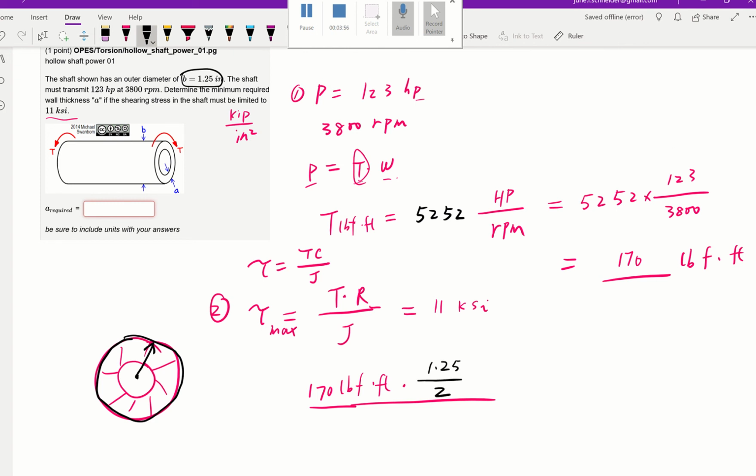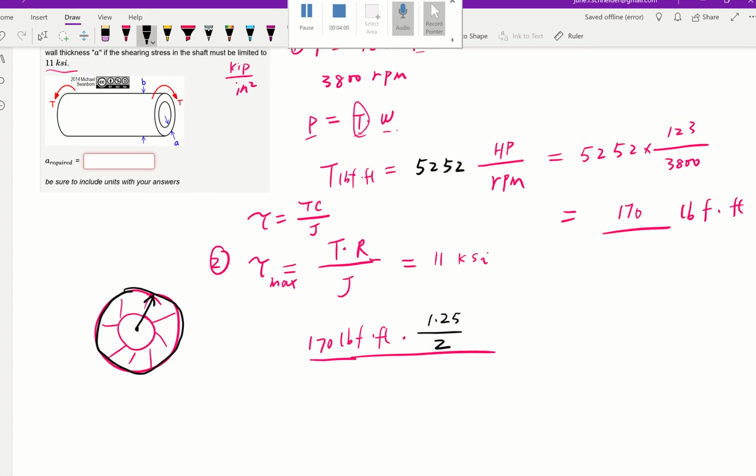That's going to be the radius. Then how about J? J is the polar moment of inertia for this hollow shape. It's going to be pi over 2 times the outer radius, 1.25 divided by 2, to the power 4,